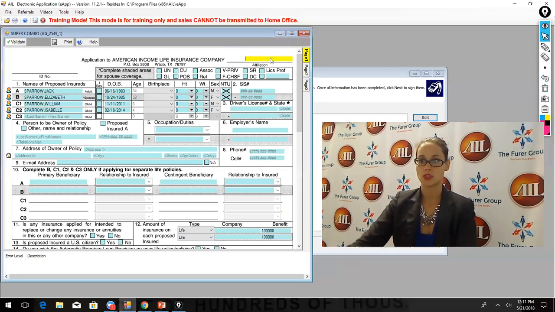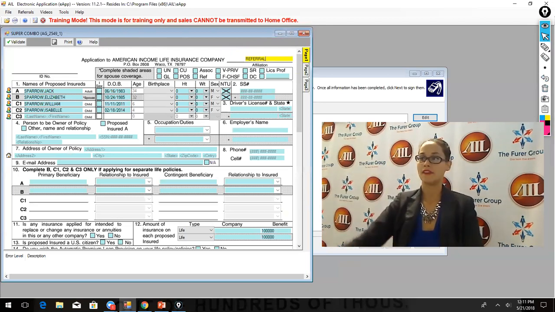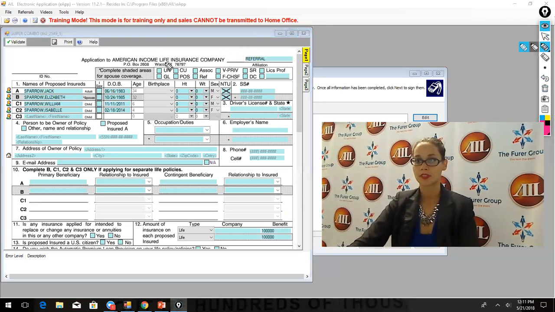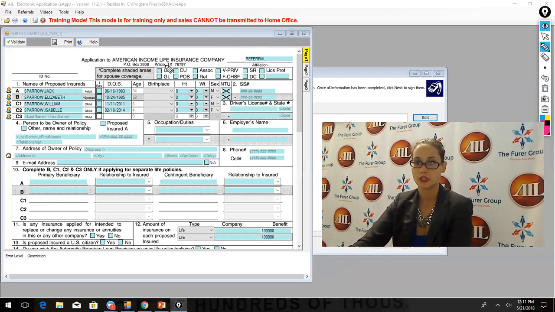So let's say this person was a referral. Yeah, all right. Great, so they're a referral. And then this next section right here, okay, right there, that is also another way to mark which type of lead they were. Were they a union lead, okay? Then you mark that one. Were they a credit union lead, association, VPRIV, I honestly don't know what that is. Senior,